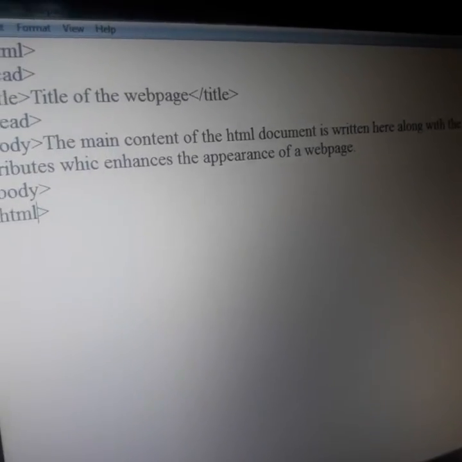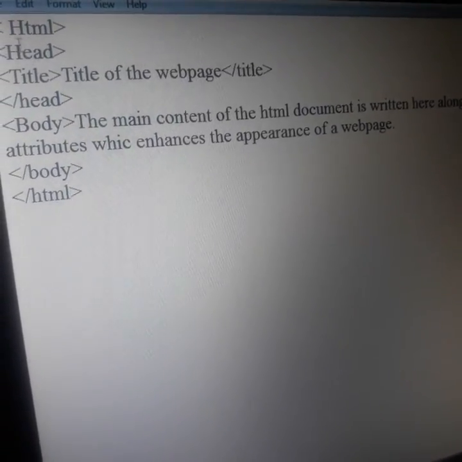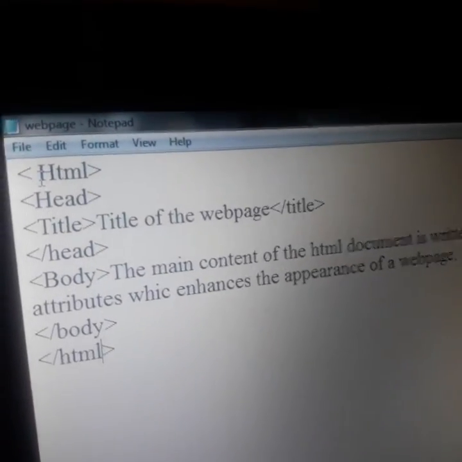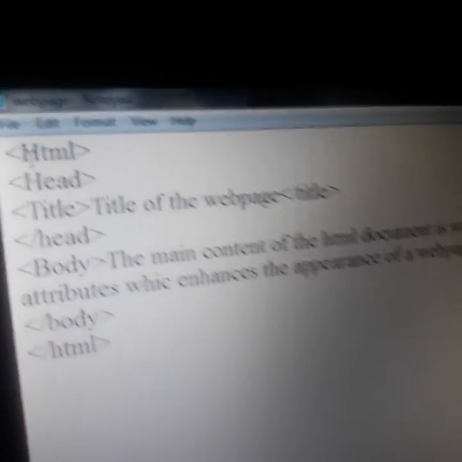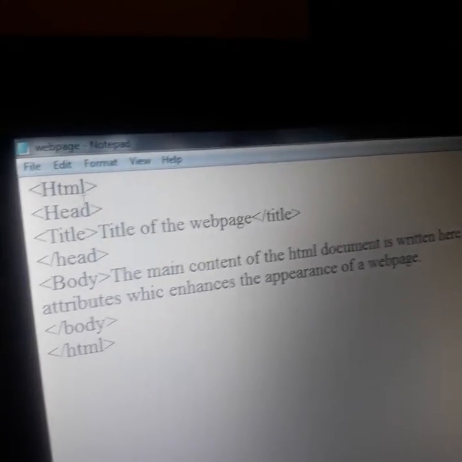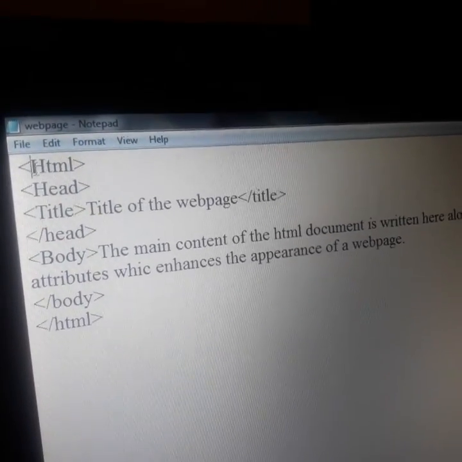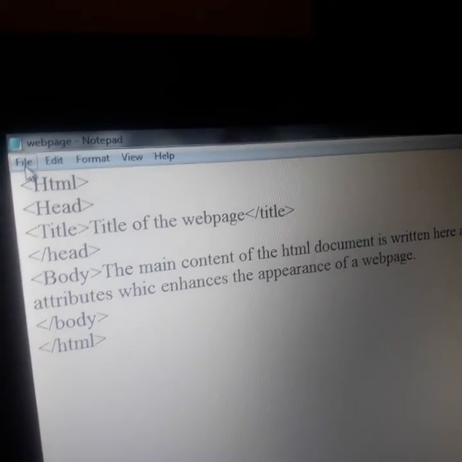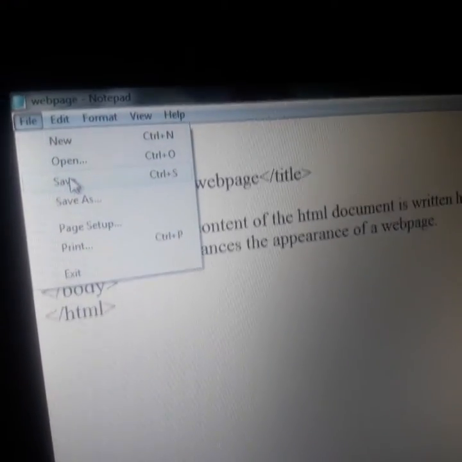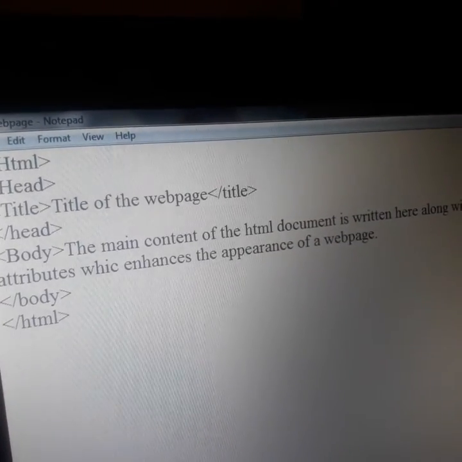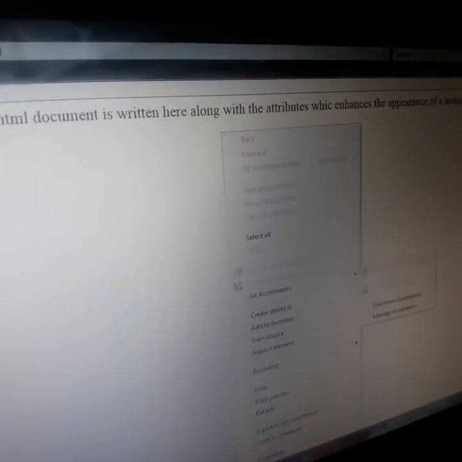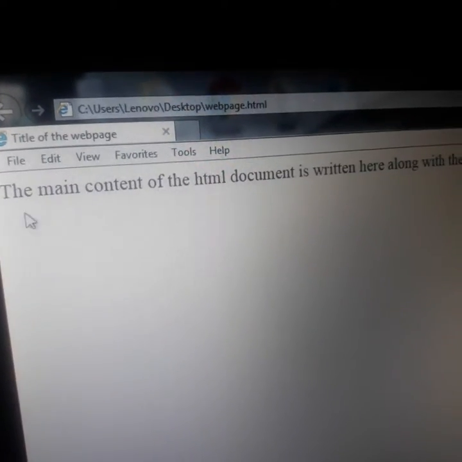Let's go to our Notepad. Now let's see what the problem is. Here I think there is one space. There must not be any space between the angle brackets. So this was one error. After resolving the error, click on File, Save, and minimize it. You can refresh it: right click, there is an option, Refresh. It has been refreshed. Now see, students, the error has disappeared. So this is the way to create your HTML document.